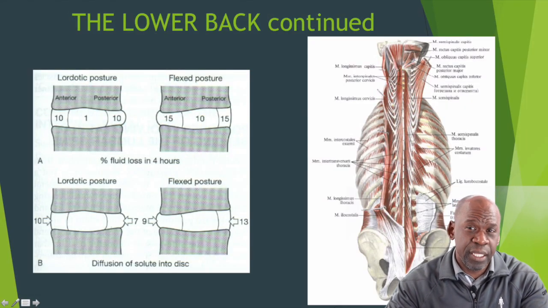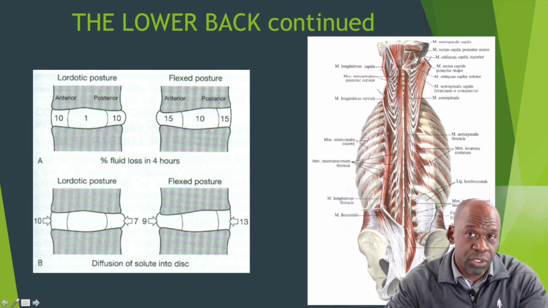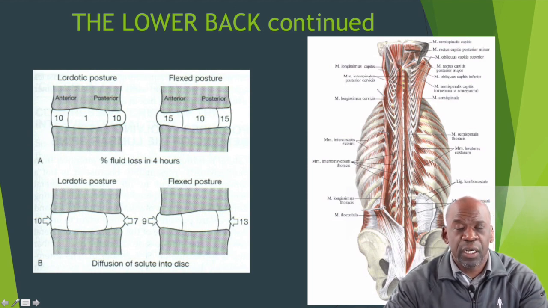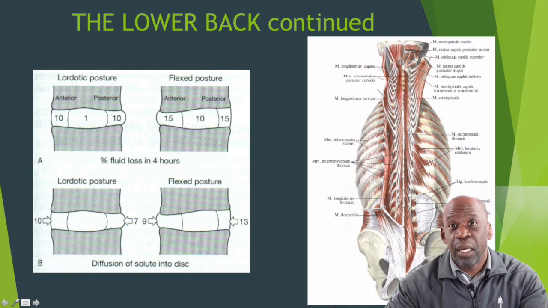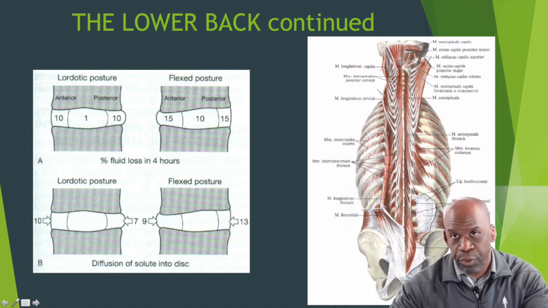And while it is true that the vertebrae of the lumbar spine are more robust and more resistant to the increased loads than are the vertebrae of the thoracic spine or the cervical spine, we can see that it's the intervertebral discs where most of the forces transmitted through the spinal column are absorbed. And it's the discs where the problems arise if you are sitting for extended periods of time, and more importantly, sitting in a slumped position or with poor posture.